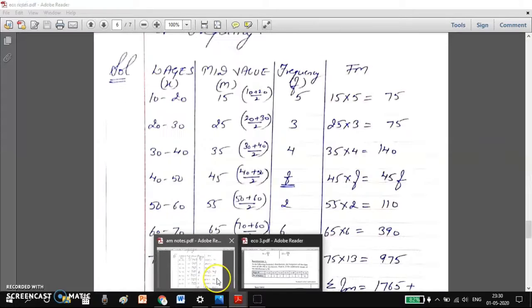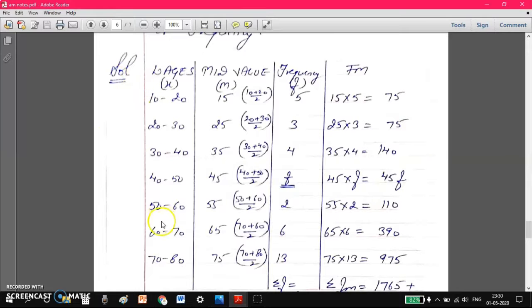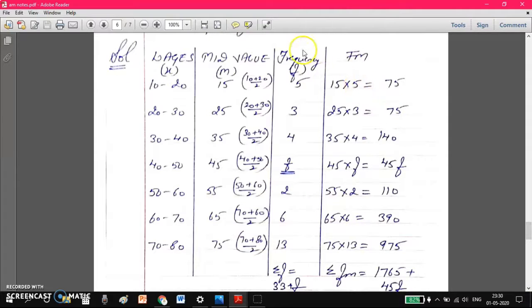So let's move to the solution. The class intervals are written like this. See, the ordinary x system, and out of them we'll calculate the mid value. Mid value you know very well, that is L1 plus L2 by 2, that is 10 plus 20 by 2 is 15, and so on for all of them. After this, the frequency is given to us, and instead of the question mark we'll write f, and in the end, when we are adding the whole series of f, we'll write plus f. Fine. Because we can't add any alphabet with a number, we'll write plus f.